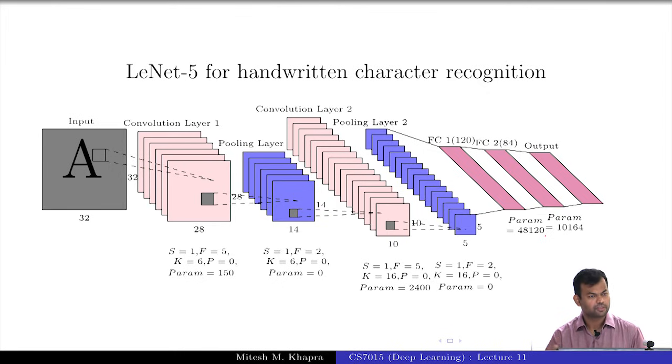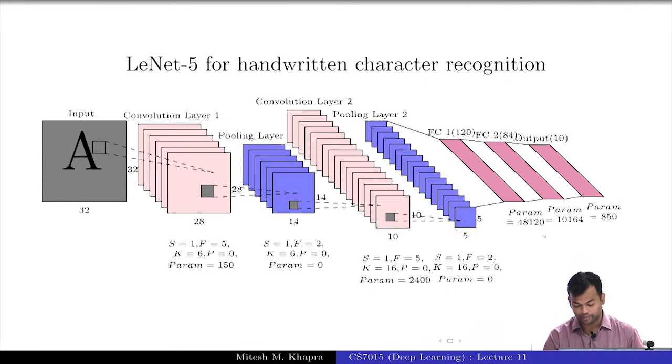So the output layer, this was 26 or what's the output? Oh, but this is alphabet recognition, right? Okay. So probably they have done the computation using 10, but it should have been using 26 as the output layer, right? Because you want to predict one of the 26 alphabets. So you can assume this is 26. So it would be 84 cross 26 plus 26, right? That's the size of the output layer, right?